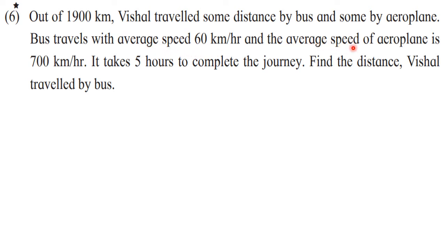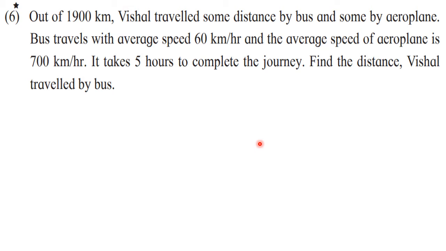Speed is given, that means speed is not going to be unknown. Whatever we want to find, that we have to take as unknown. Distance traveled by bus, but here two distances are there, so one you are going to take as x and the other you are going to take as y. So it is very clear. You read the question once. If you don't understand, read it again and then decide what you should do.